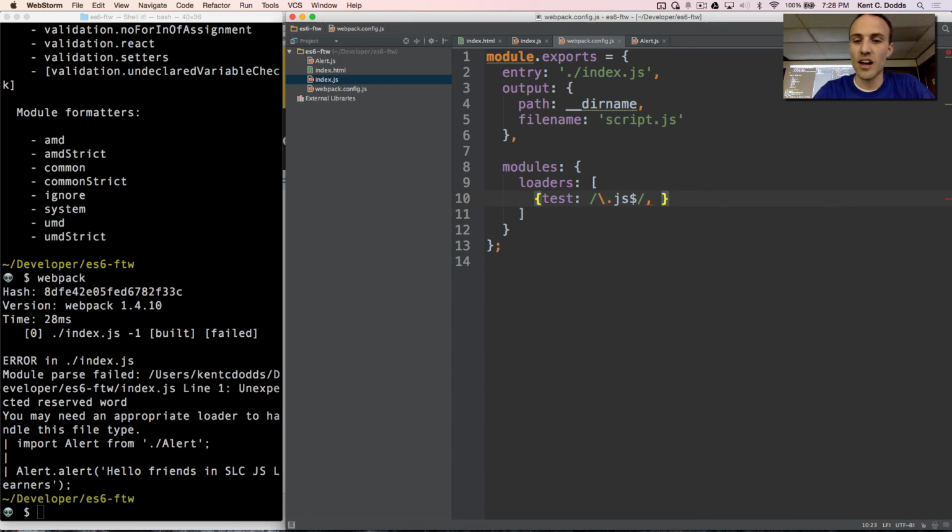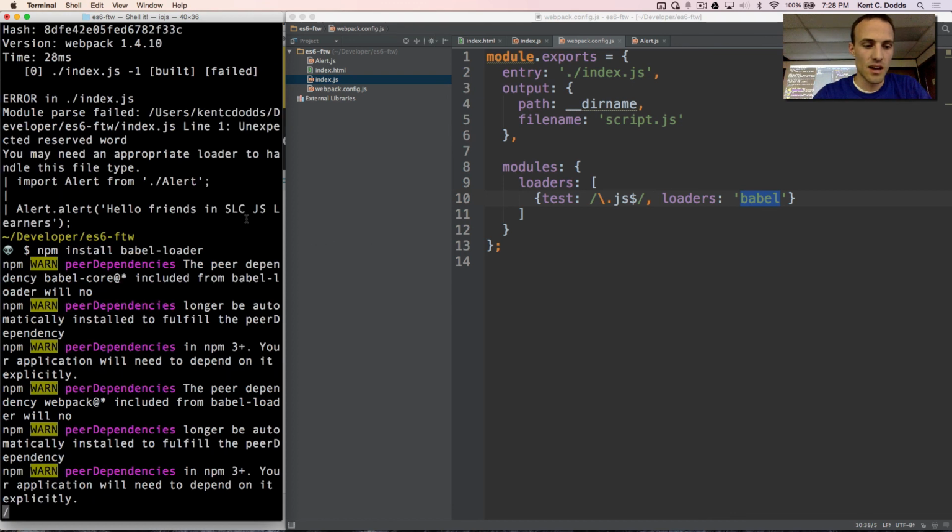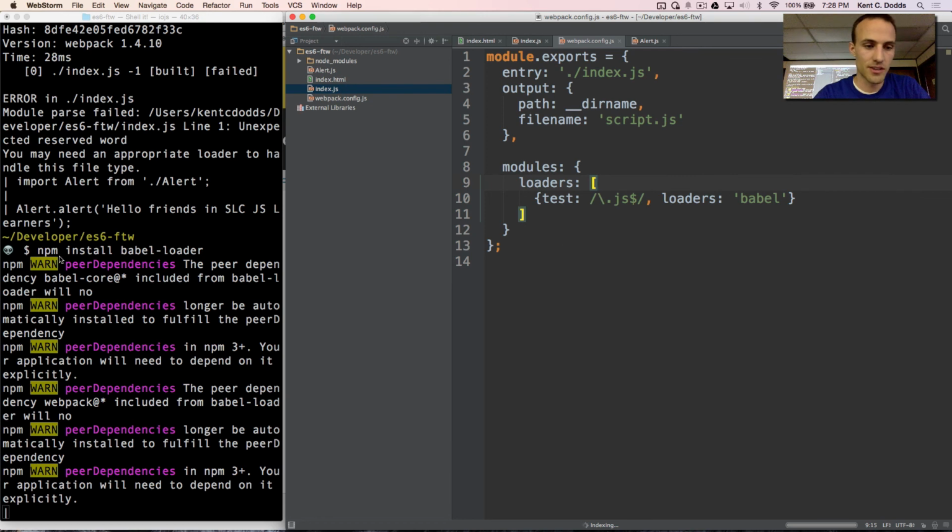Thank you. Okay, and then I'm going to say my loader here is going to be Babel. And that's all that I need to do. I'm going to tell Webpack, when you load all of my scripts and resolve the dependencies and everything, I want you to pass it through the Babel loader. And I need to install that. So I'm going to do npm install babel-loader. And when that is finished, hopefully sooner than later,